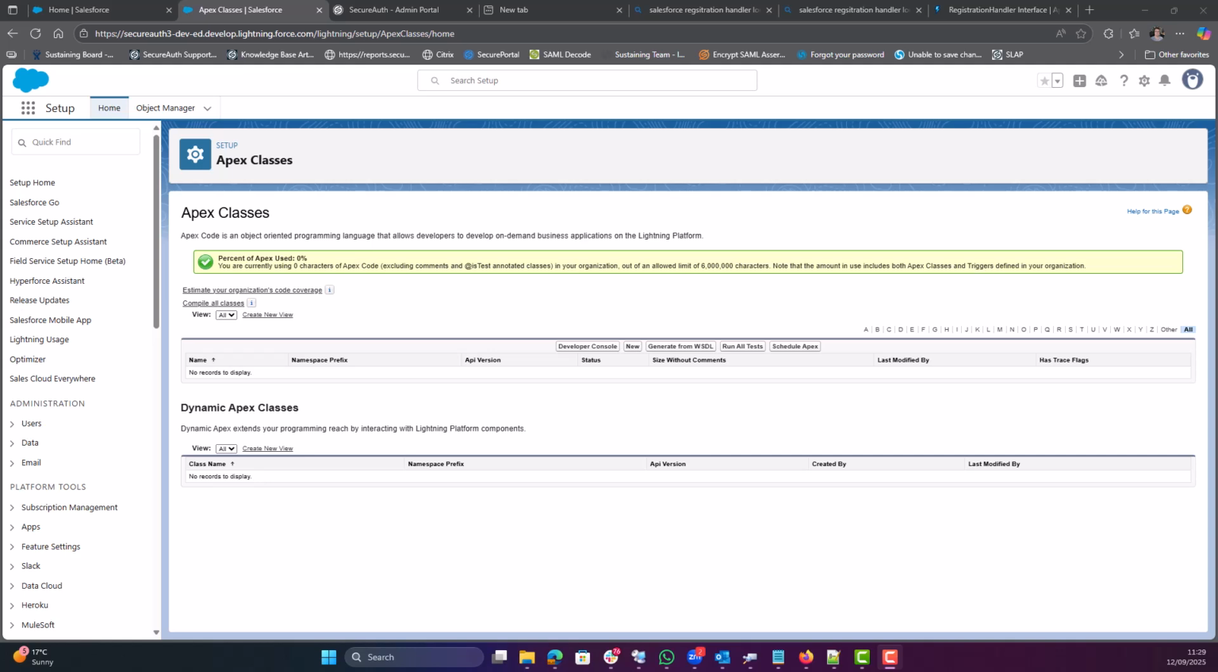Hello, my name is Andrew Wood, and in this video I'm going to show you how to integrate Salesforce using OIDC with SecureAuth. So as you can see, I'm logged into my Salesforce admin console and I've gone to the Apex classes. I click New,